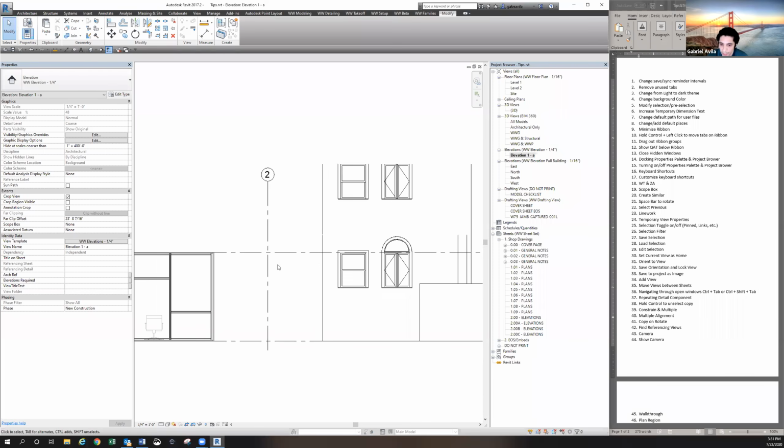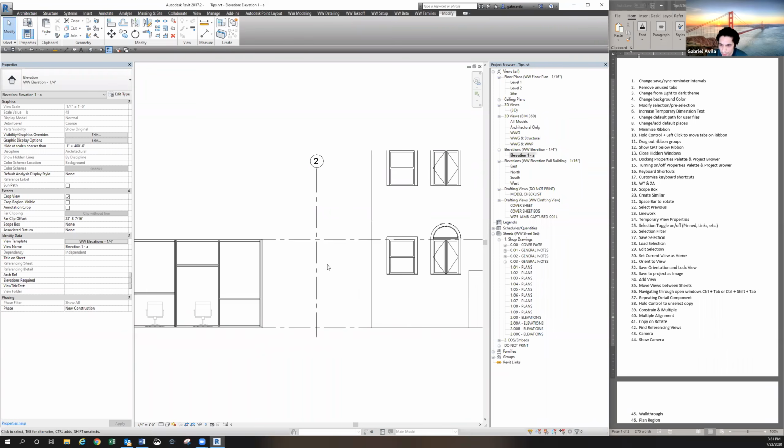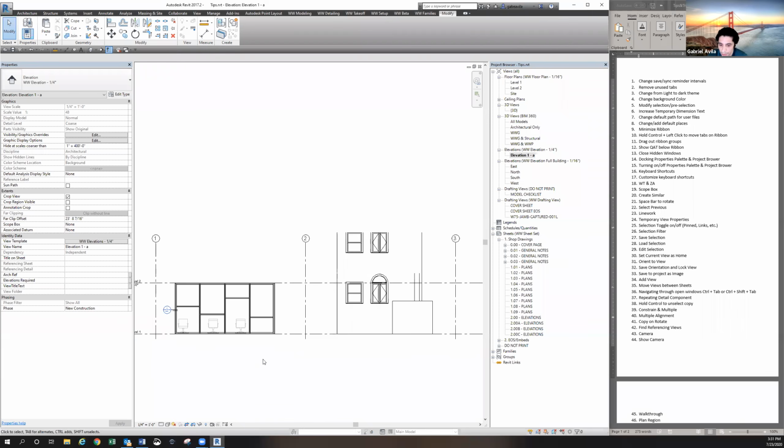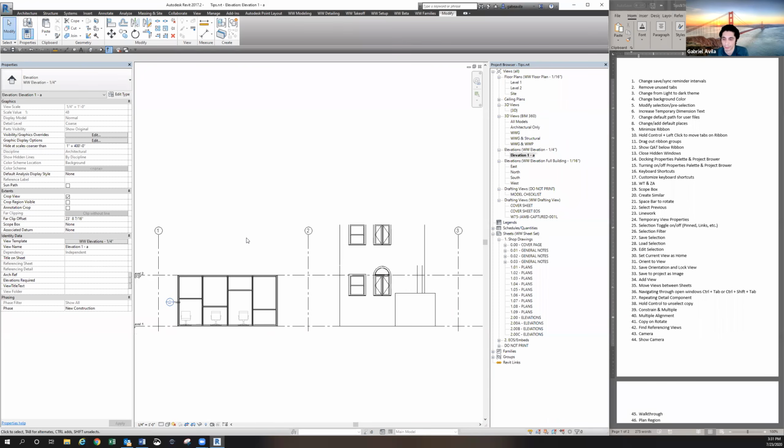I showed this last week, or not last week, whenever I did the view templates. You have the option to use temporary view properties. So basically everything in this view is driven by this view template. So if you want to change something just temporarily, you can go down here to temporary view properties enabled,